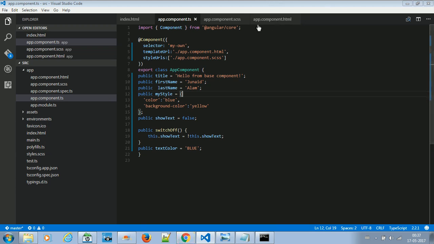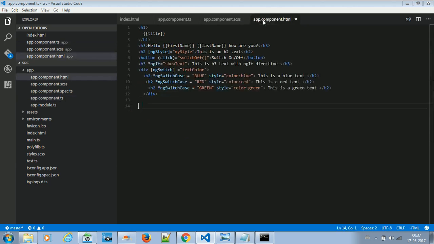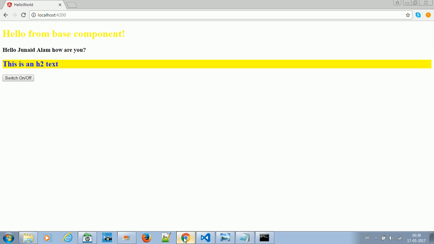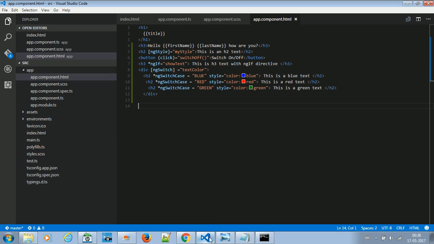Okay, actually I should have written this blue. I think these are some different text I am seeing. Let me check once again. No, the whole of it is switched off. So let's switch back and check. Okay, ngSwitchCase is equal to,